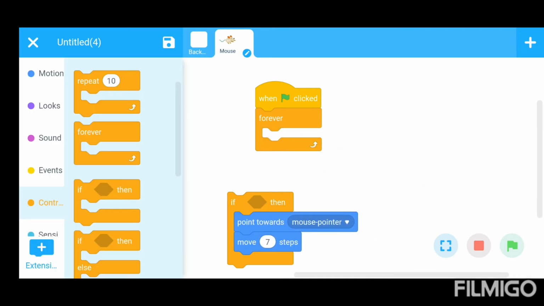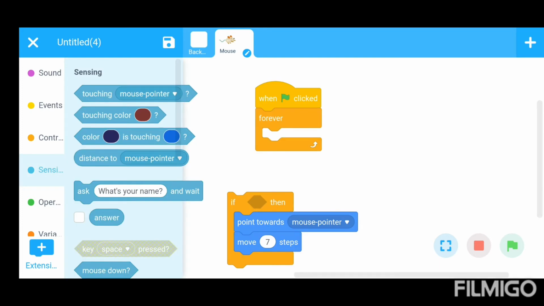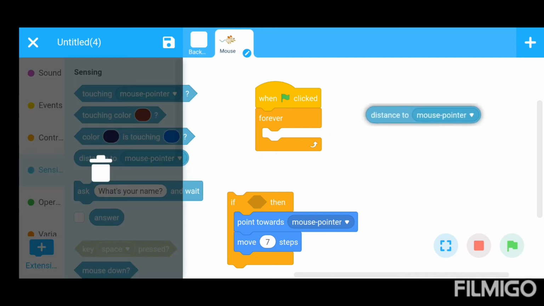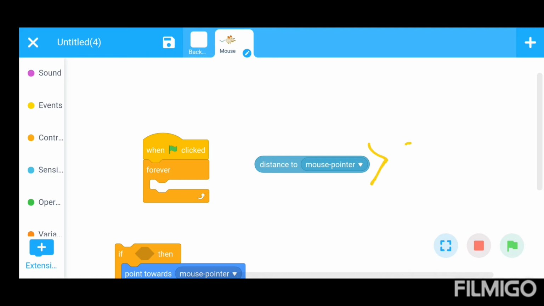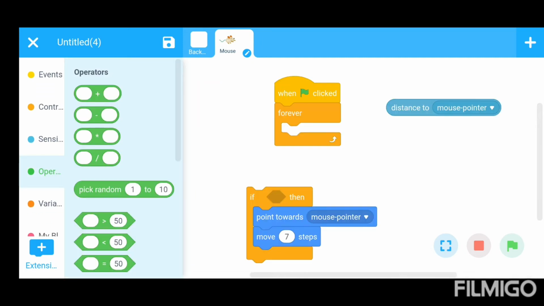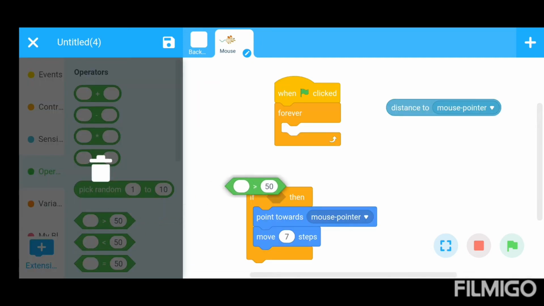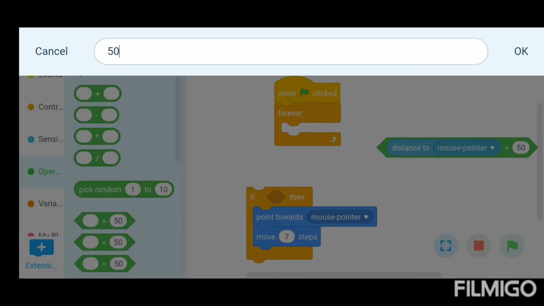Here we will put if the pointer distance. Go to the sensor section. Use this command, the distance of mouse pointer. If it is greater than 20, then follow this command, otherwise no. For this, go to the operator section, use the greater than command, and replace 50 with 20.